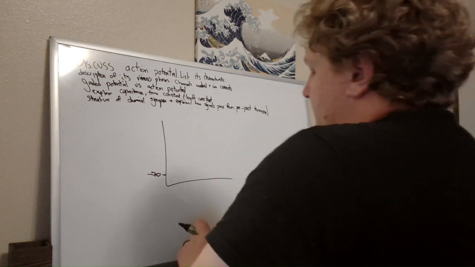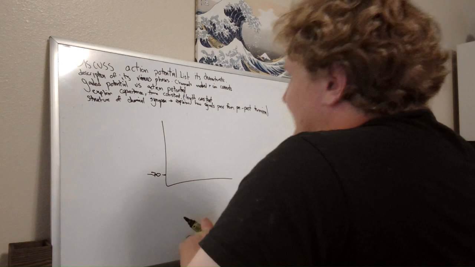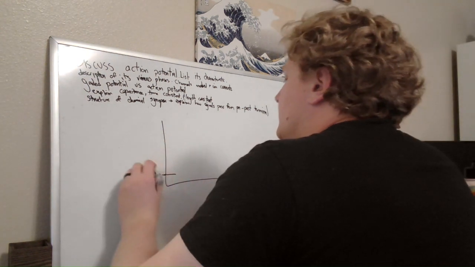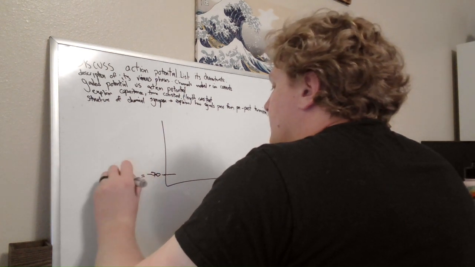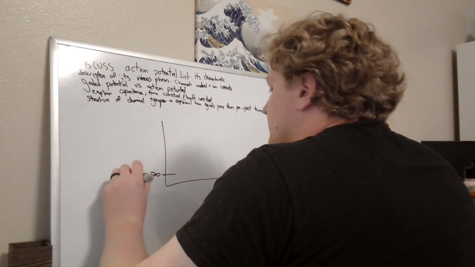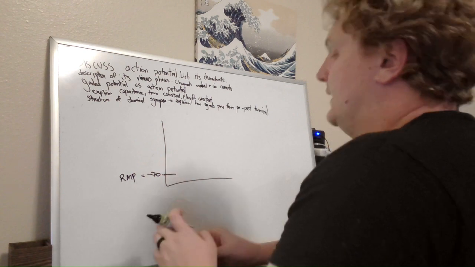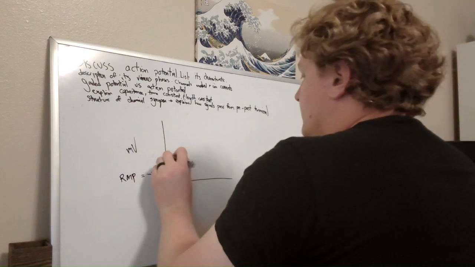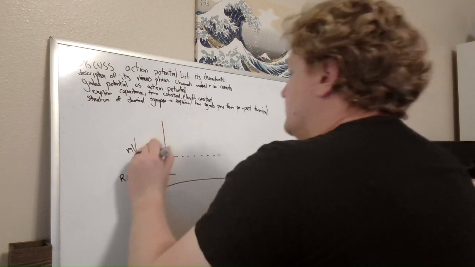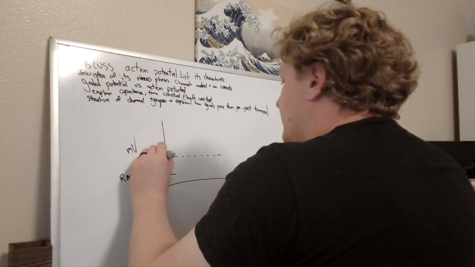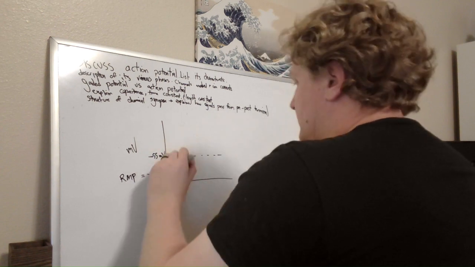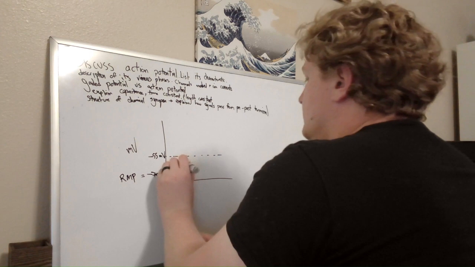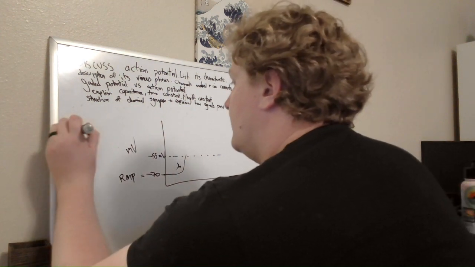Here, the resting membrane potential, assuming that balance is unchanged, will be at negative 70 millivolts. And then we'll say threshold is negative 55 millivolts. So the first part of it, this area, which I'll label A, is